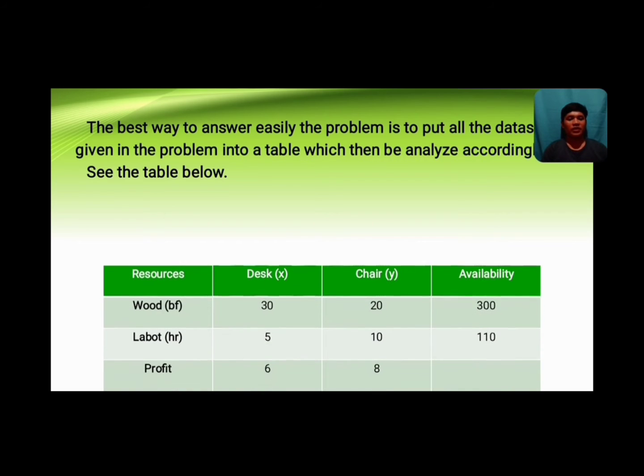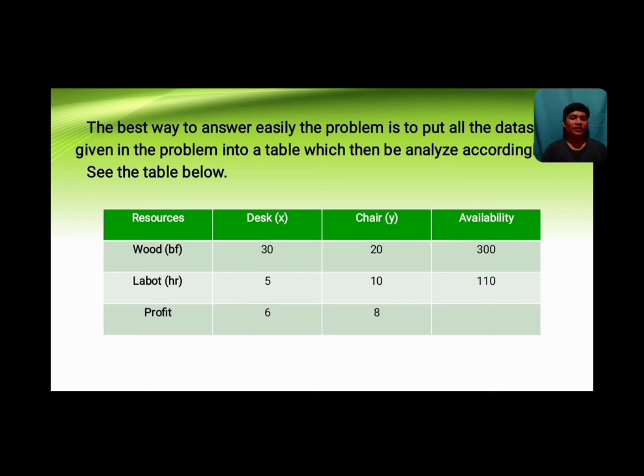So as you can see here, the table, we have put all the data given in the problem. So we have the resources, the goods, and the labor, and the desk and chair, which are represented by variable X and variable Y. So we have here the availability and the profit gained in the desk and the chair. So now, let's proceed to step 1 in answering it, to formulate the problem using the objective and the